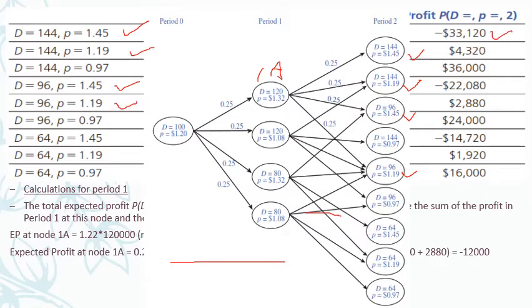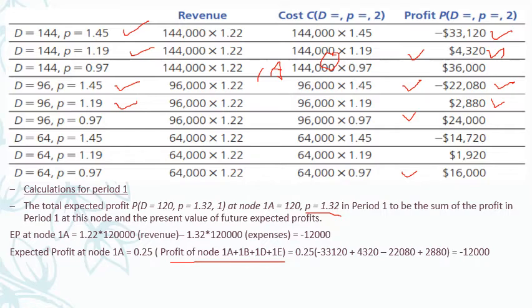Corresponding values 1, 2, 3 and 4. These 4 values must be considered. Can I consider them as it is? And what is the probability I mean to say? 0.25, 25%. So the summation of these 4 multiplied by 0.25. Since all of them have the same probability, I can take 0.25 as the common factor, or it is nothing but 0.25 into this plus 0.25 into this plus 0.25 into this plus 0.25 into this. Like that I have to do, or else 0.25 is the common factor. That's what I have put here.